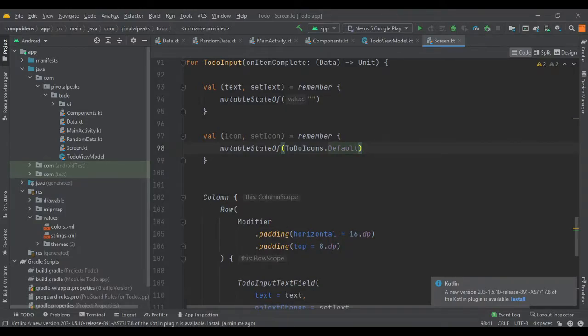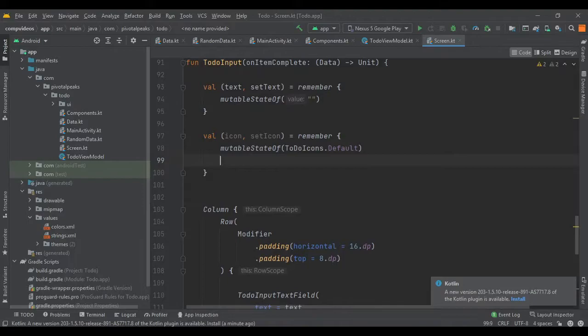We need another value for icon visibility. So if there is no text, the icon will be invisible, and if we have written something in the text field, only then the icons will be shown.